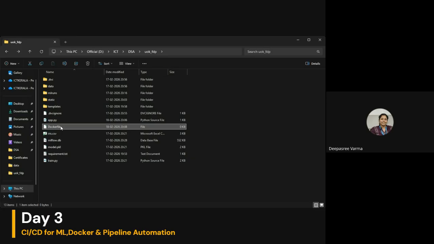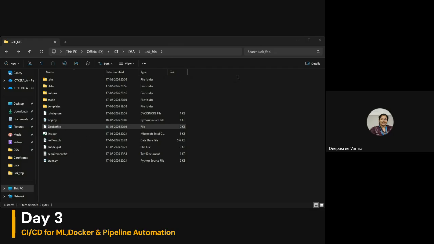Now you can just edit the file. You can just open it, edit in Notepad. The second code I have in the notebook that I shared, I have given Docker file. There is a heading called Docker file. You can just copy the whole content from there and copy it to this file. So you can just see the content here.